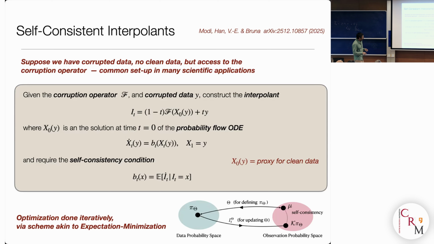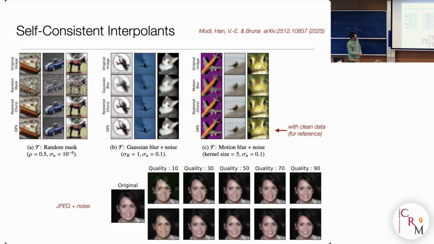Okay? And so you can solve these consistent simulation iteratively in a procedure that is a bit like expectation maximization, where you use the current map to clean your data, you corrupt it, you use this interpolant to relearn the velocity field, and then you loop upon this. And we can show under certain conditions that this converges, the fixed point of this procedure, means that you can clean your data. And in practice, on some examples, it actually works.